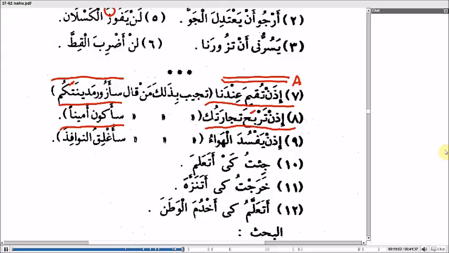If I said, idhin ya muharram tuqima indana, the ya muharram is not going to stop it. Right? And if I said Allah, for instance, idhin la tuqima illa indana. So these three things,